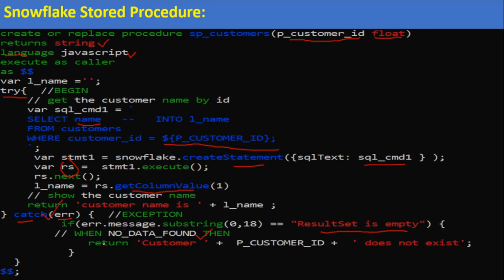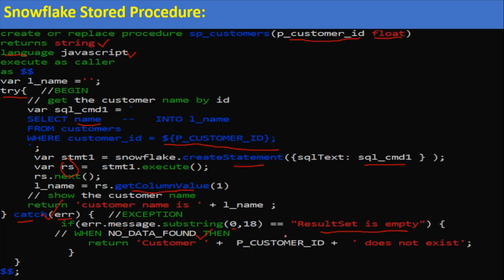So when the result set is empty, we check the first 19 characters, because the index starts from 0 in this JavaScript based stored procedure. Hence the first 19 characters, characters 0 to 19, would be "result set is empty". That is equivalent to no data found in Oracle.